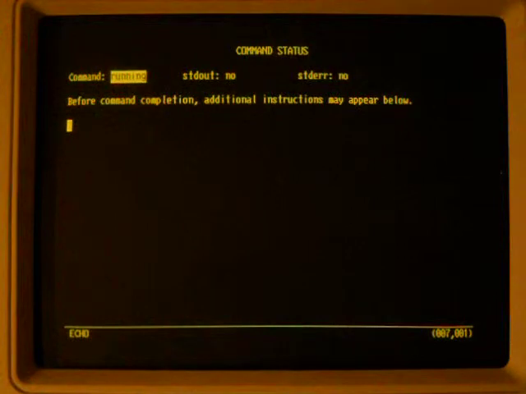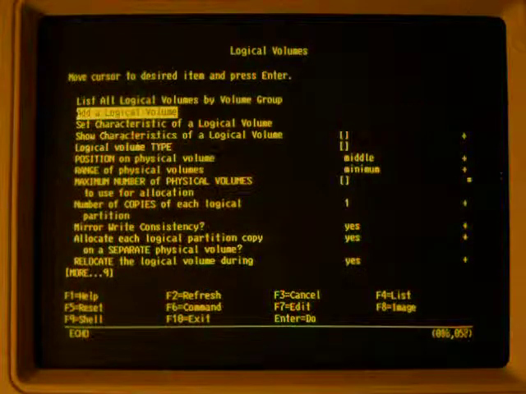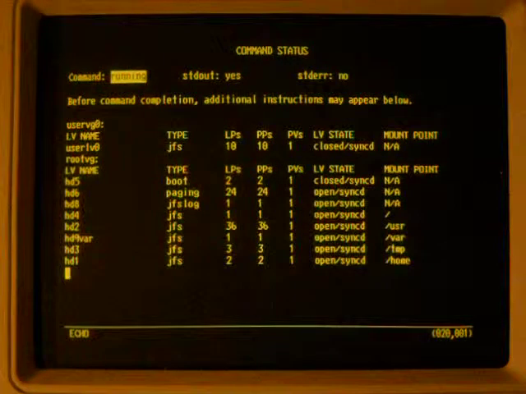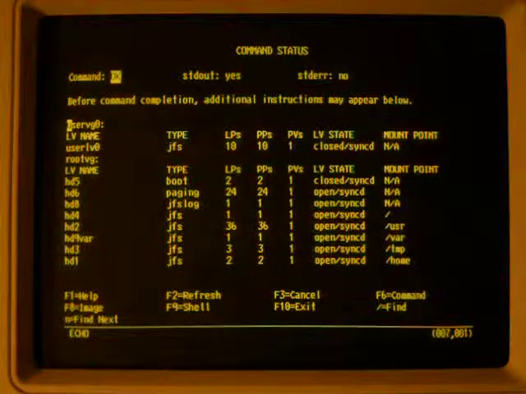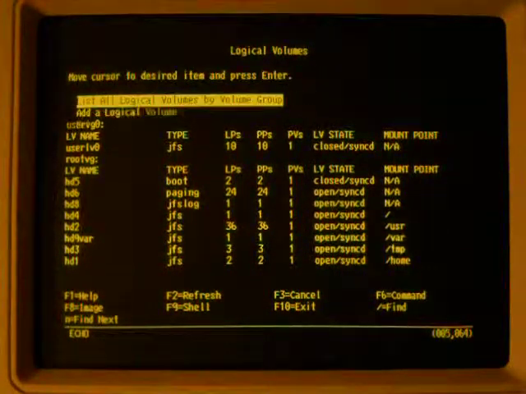Now, what I didn't see was a mount point. Well, there's user LV0. Okay, cool. So if we go back, list all logical volumes by volume group. Okay, so there we go. Logical partitions, and there's the 10. Physical volumes is 1. Mount point is not applicable. So we now,